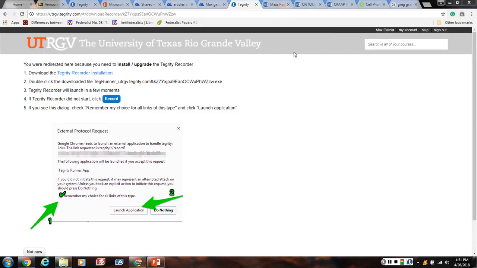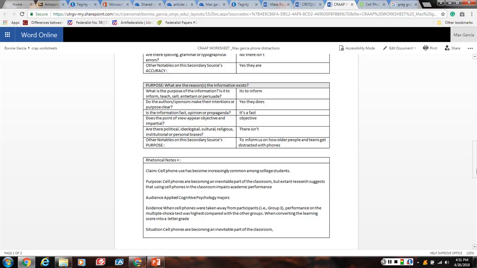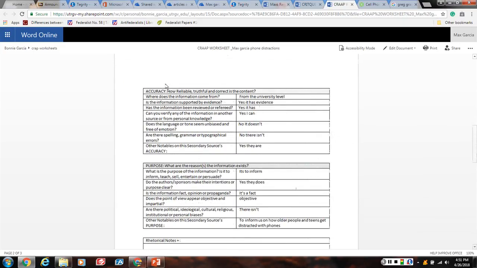So what I learned in this class is that not all sources are credible. Some are just BS, and also I can disagree with some of the secondary sources as well as criticize them. Last year I wouldn't take secondary sources that seriously. And this year I wanted to show you what Bonnie showed us, a CRAAP worksheet. It helps you organize and figure out if the source is credible or not.